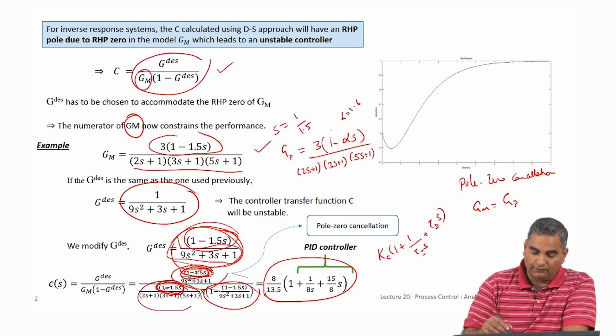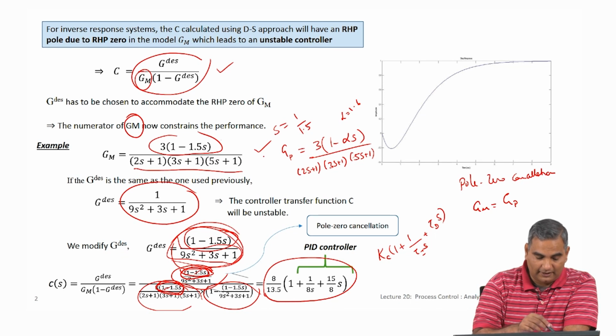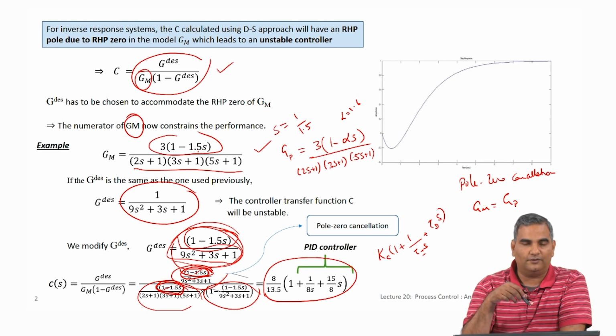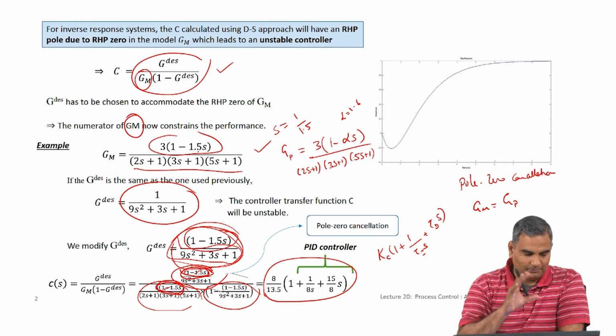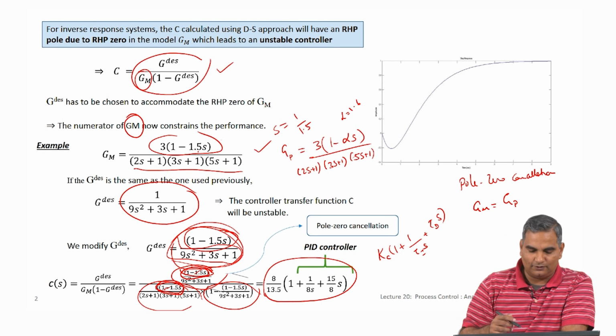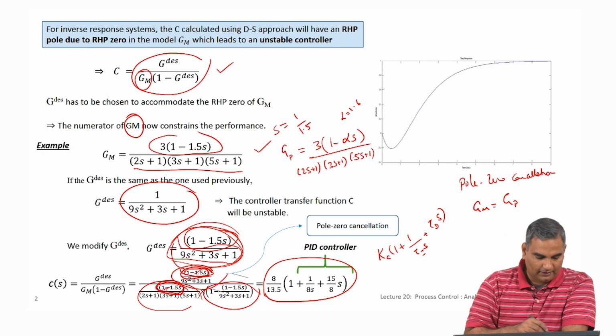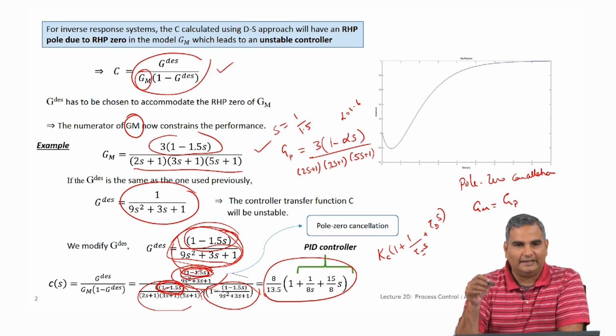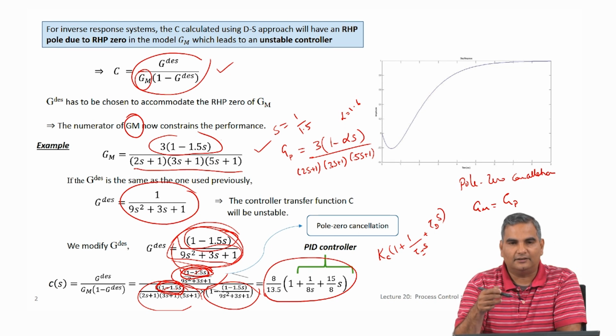So even if the true process is not exactly the same as the model, the controller does not change, because the controller works only with the model. While it looks like a simple concept here, many times you can miss this. If I simply asked you, you did all this controller design and the pole 0 cancellation, but what if the process is slightly different from this? Will the controller become unstable, and will this pole 0 cancellation not work?